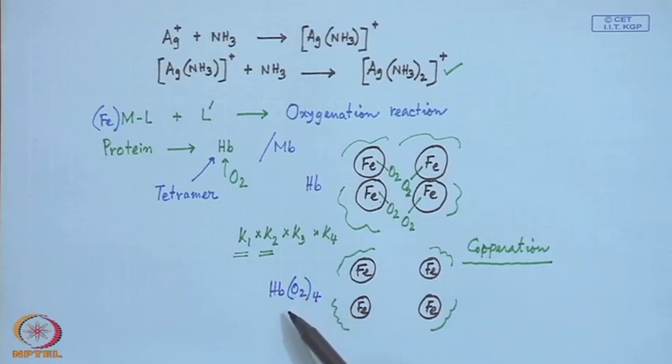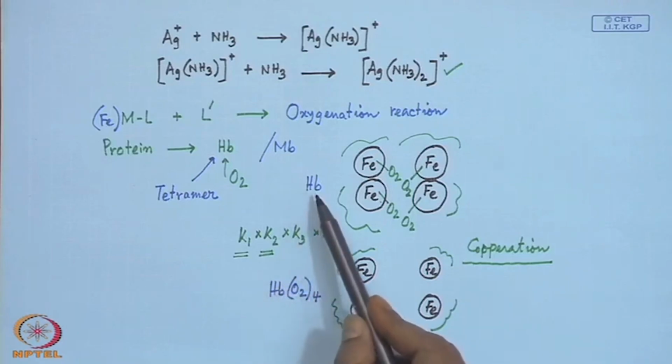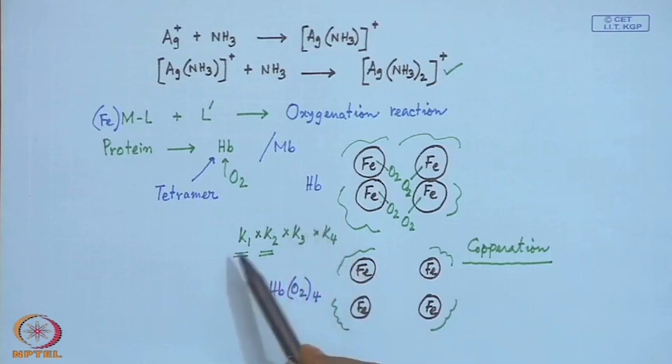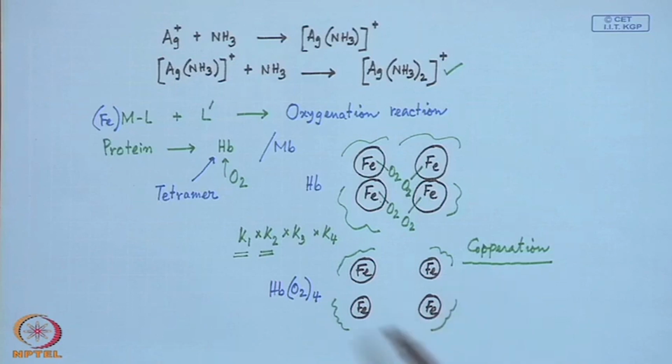So, 4 different steps will be required to get the fully oxygenated hemoglobin molecule from the deoxyhemoglobin, and the steps required for the oxygenation reactions are dependent on each other,